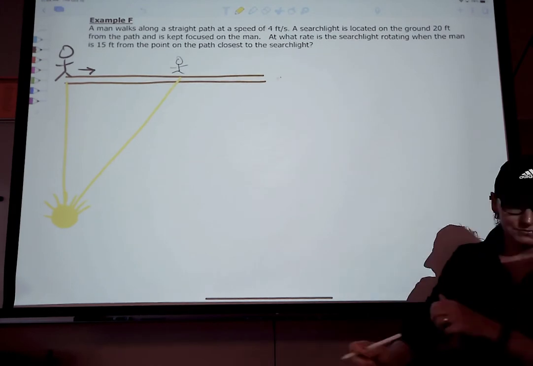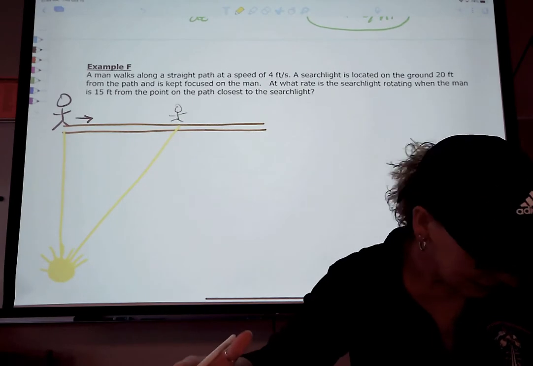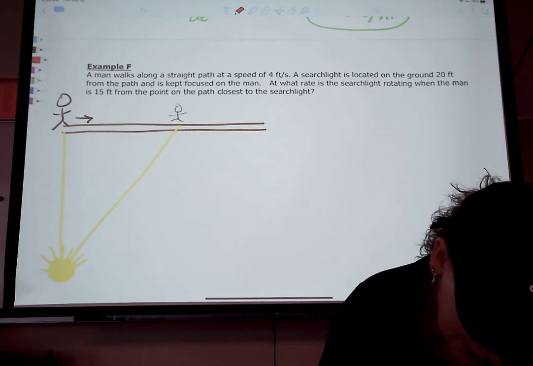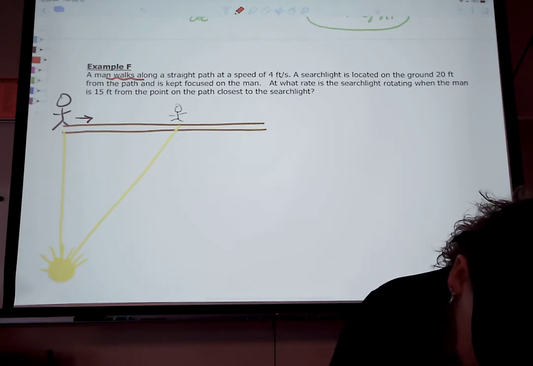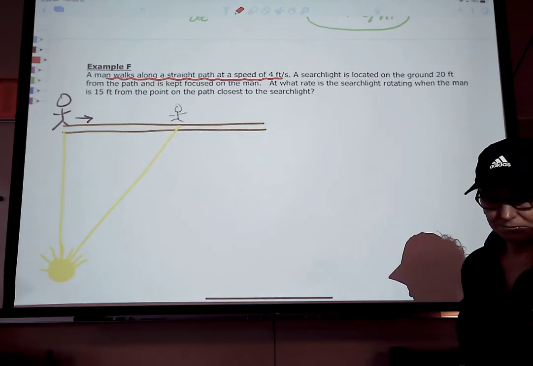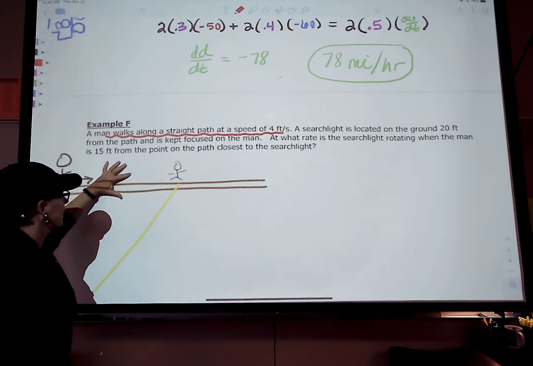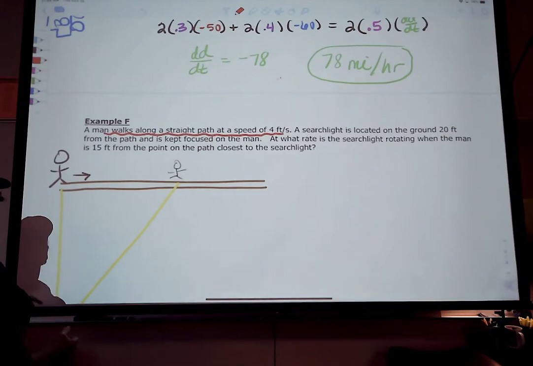That's the setup. Now, let's start translating from wordy to mathy. So here we go. A man walks along a street. Oh, we got a rate here. The man's rate on the path is 4. He's traveling this way, his speed is 4. So here, I think this is what's happening. Hang on,